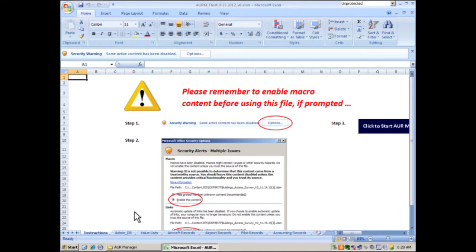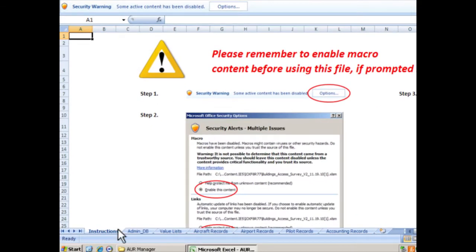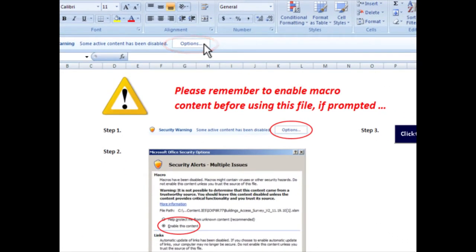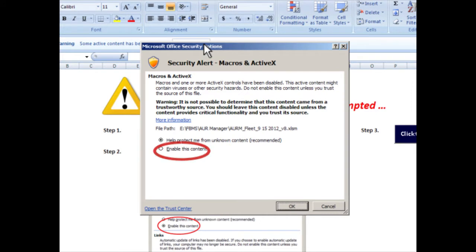Now that we've got things set up, let's get back to instructions, and it's time to fire this puppy up. First of all, we're back to the Instructions tab, and you'll see this screen every time that you boot up the application, provided you save it here in Instructions. So we'll start out here in the security warning, click the Options button here, and then check Enable this content. And again, this is explained on the screen. I hit OK,